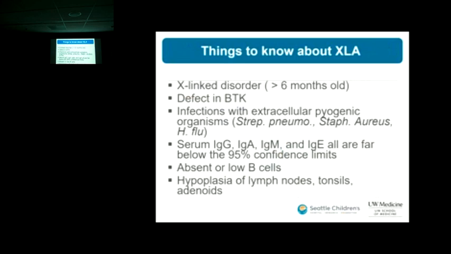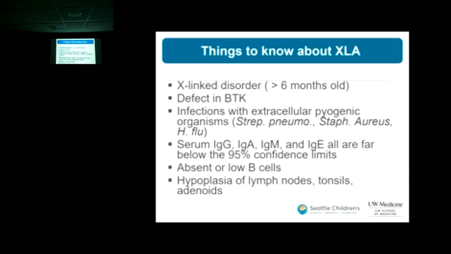First of all, it's an X-linked disorder. Usually the classic clinical presentation is at greater than 6 months of age, as maternal antibodies wane. The defect is in a B cell tyrosine kinase, Bruton's tyrosine kinase, which is critical for B cell development. As with all antibody deficiency syndromes, these patients have infections with extracellular pyogenic organisms such as strep pneumo, staph, or Haemophilus influenzae. All of the immunoglobulins are usually below the 95% confidence intervals,